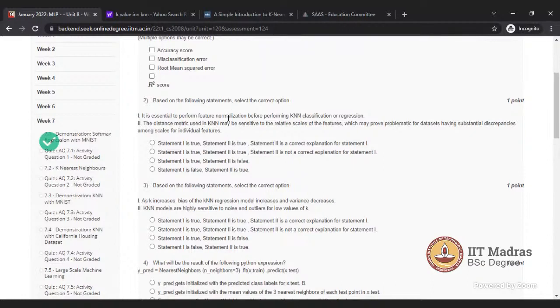Why do we normalize the data? Because the different features are on different scales. We normalize the features to bring them to the same scale. Otherwise it will be skewed. So what will happen if we train our KNN model without normalizing the data?